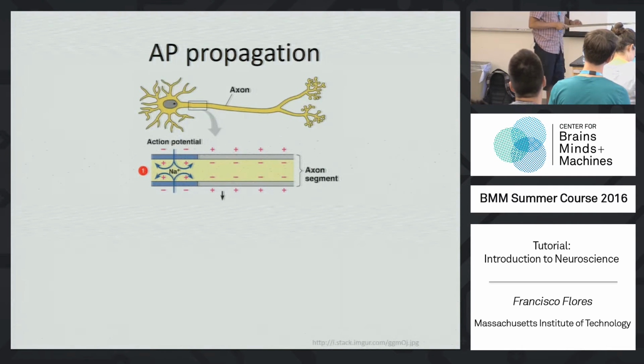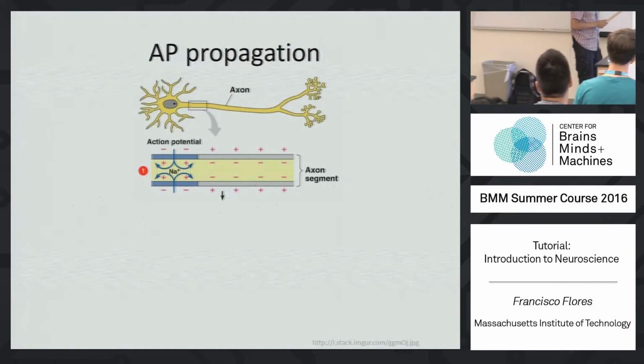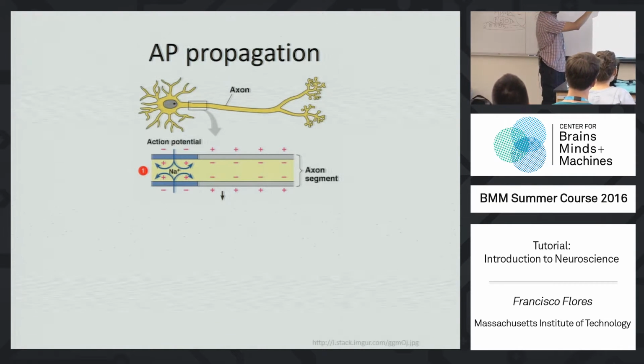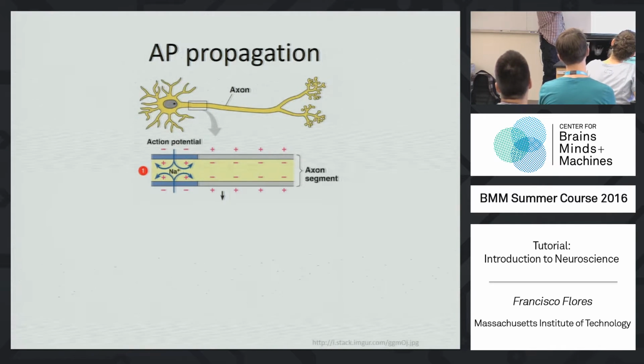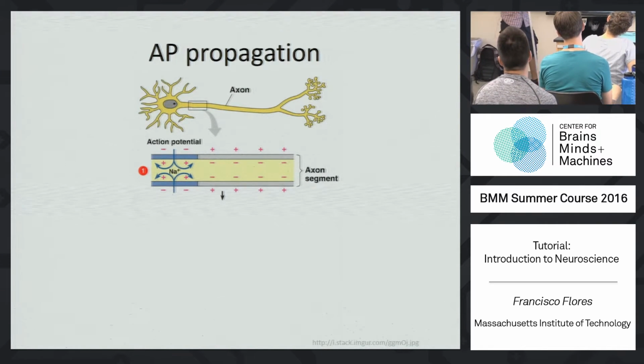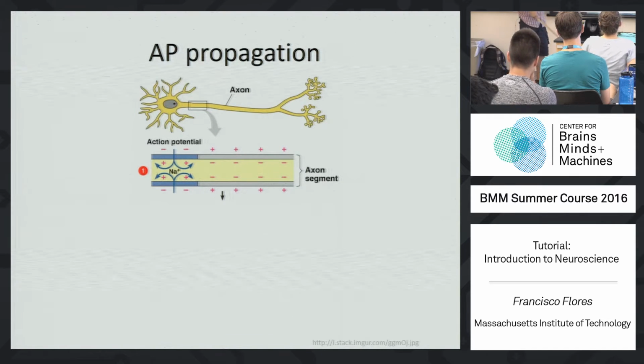Now, this action potential, as I said before, is the way that the neuron communicates with other neurons. And they are actually initiated here, which is where the soma of the neuron ends and the axon of the neuron starts, and it's called the axon hillock. That area of the neuron is very rich in sodium voltage-gated channels. So that's what senses the changes in the membrane potential.